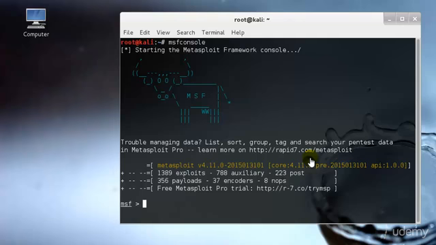So expanding on payload types in Metasploit. I have briefly covered three main types, that is singles, stagers and stages. Metasploit contains many different types of payloads, each serving a unique role within the framework. So let's take a brief look at the various types of payloads available and get an idea of when each type should be used. So let's start with the